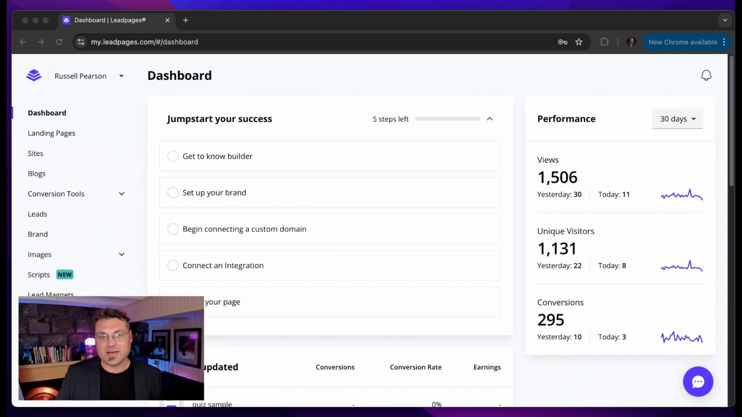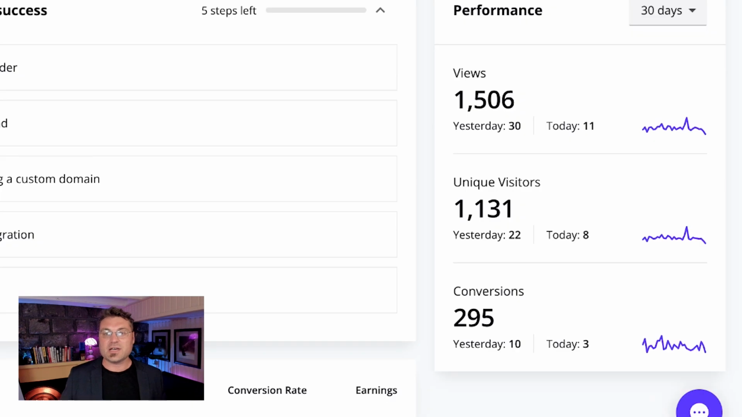I have a background in coding. I do know how to build websites, but I find this to be a faster way of doing it just because it's so easy to put things together. Now, I'm not going to show you too deeply inside the actual software itself, but I want to show you the results. Now, over on the side here, you can already see that in the last 30 days, we've had 1,500 views, we've had